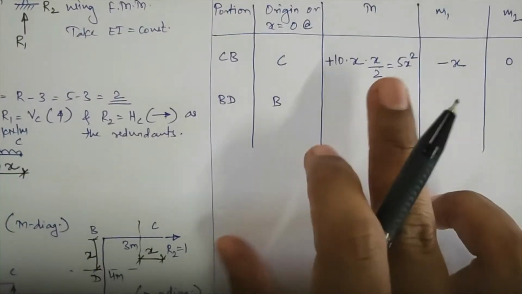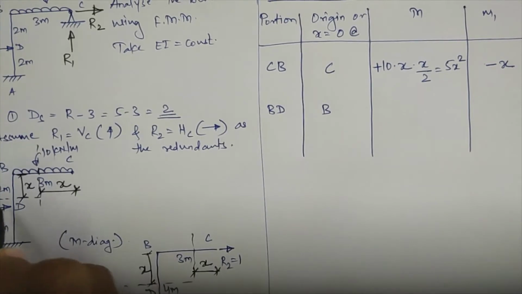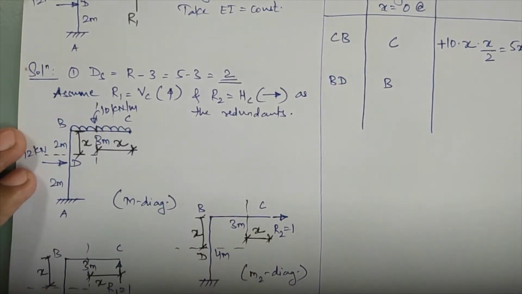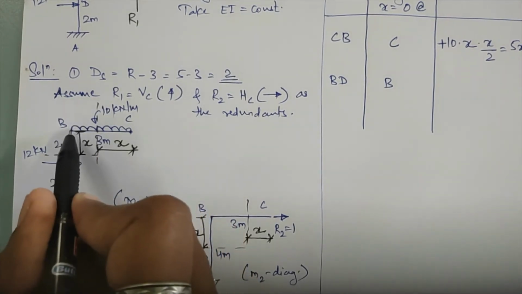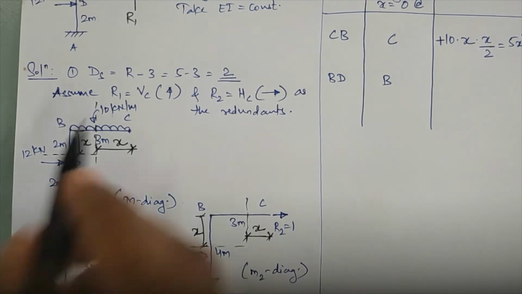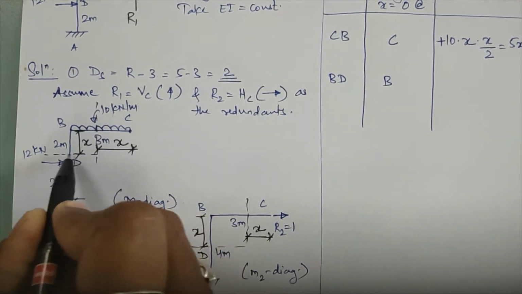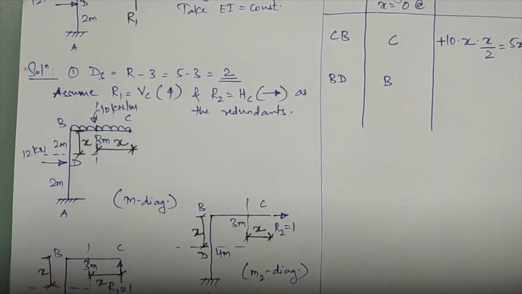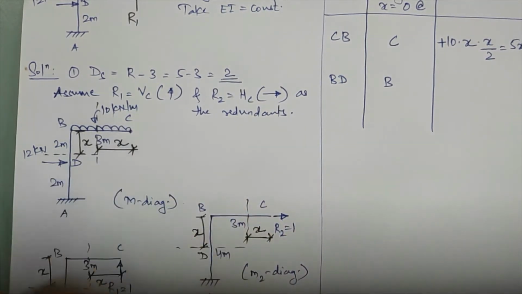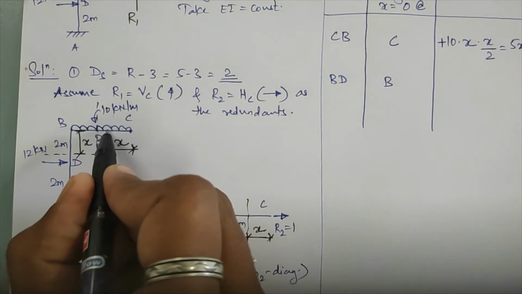Now we'll see the capital M diagram. Now we have to take moment of all the forces from the free end to the section. You do not consider only the forces from point B, but you have to consider them from point C also, because this UDL will also have some influence on this BD portion. So you have to consider the moment of this UDL also along this section. So we'll take the moment of this UDL.